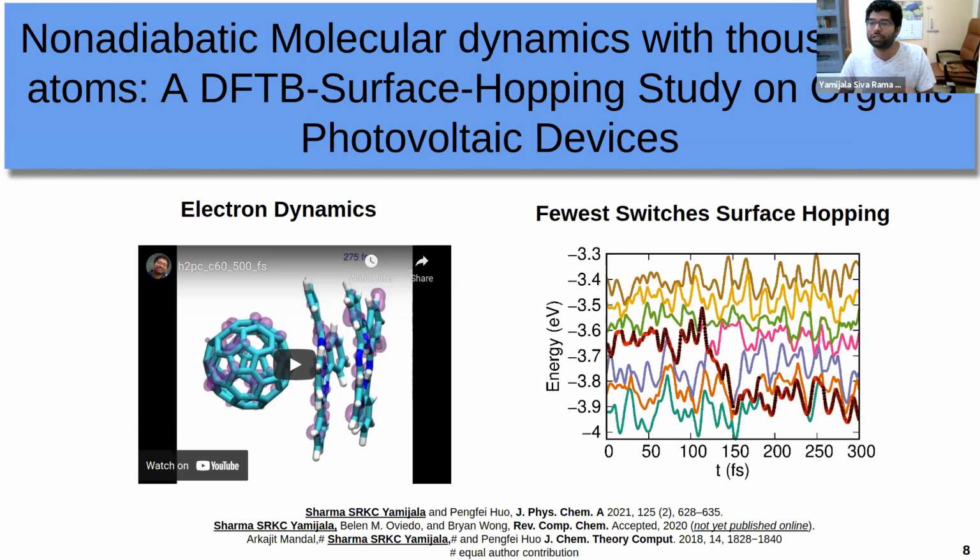Here we used DFTB itself as the electronic structure method. So for our Hamiltonian, when we are trying to expand, we are using DFTB, and we captured this electron dynamics using the non-adiabatic dynamics method known as fewest switches surface hopping. Here I am showing you in this video the electron dynamics that has been captured using this method. We can clearly see that,